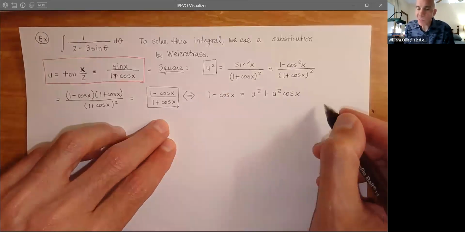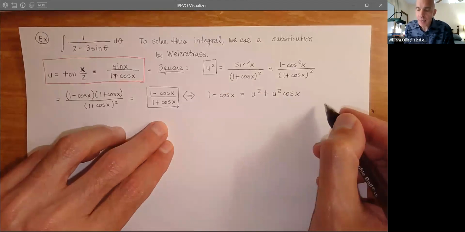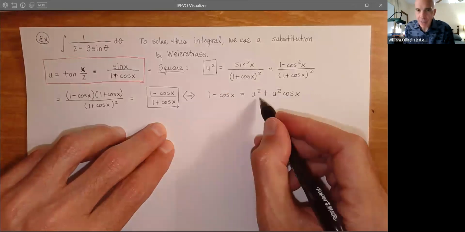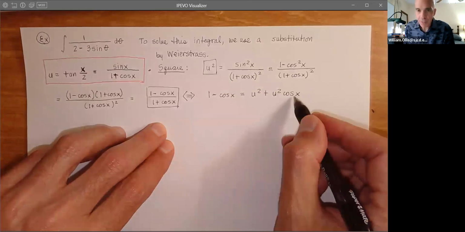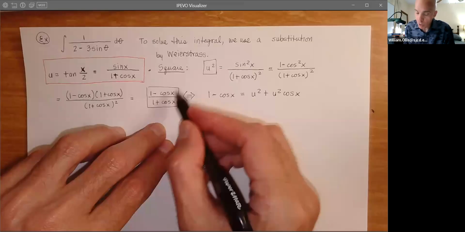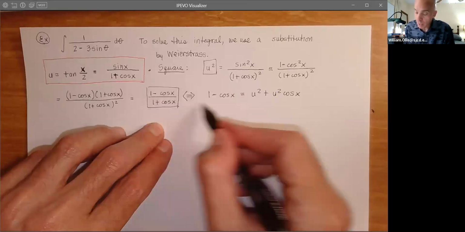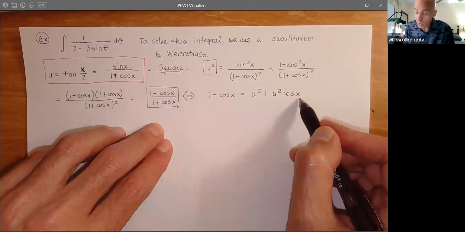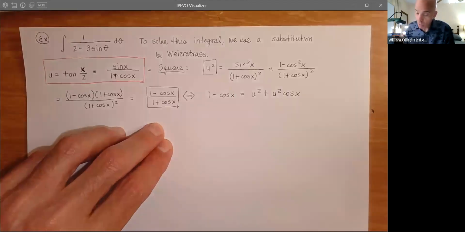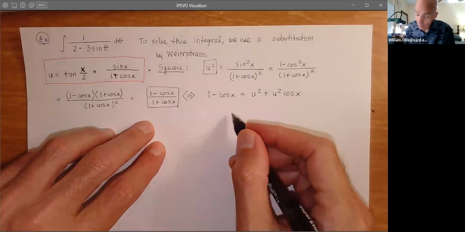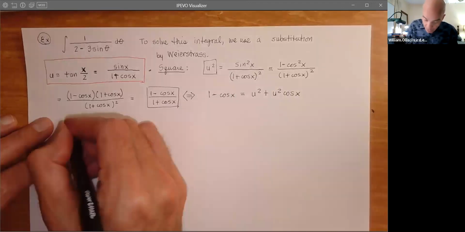So the idea in this particular case is we want to be able to, again, make a rational function to replace cosine x. So again, when we cross multiply, we get u times 1 and u squared times cosine, excuse me, u squared times cosine. So now we can get all of our cosines together, if you like. So equivalently,